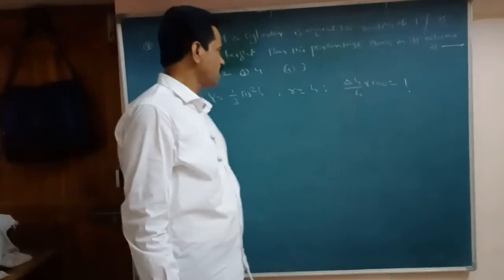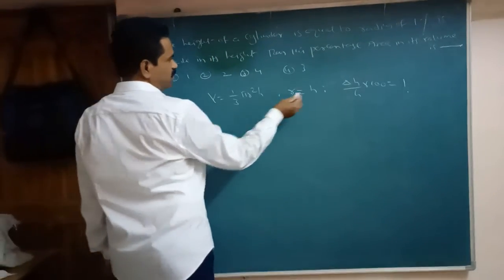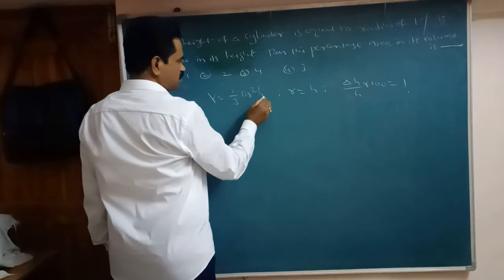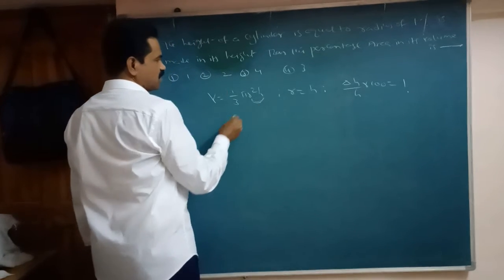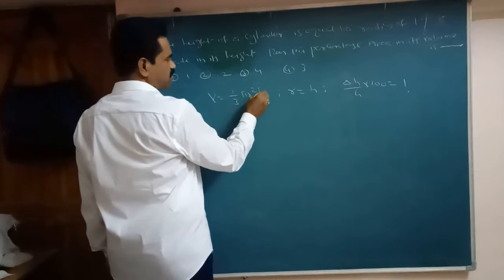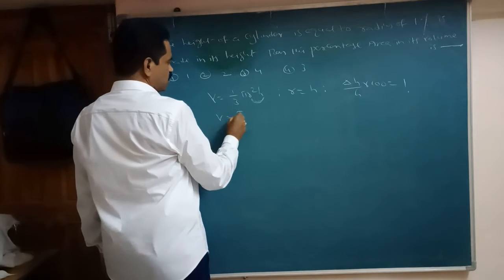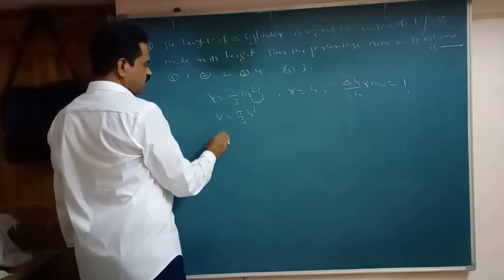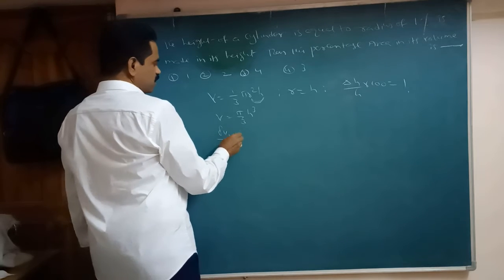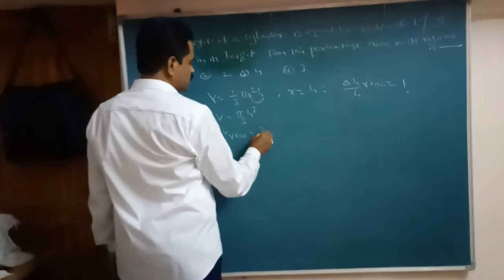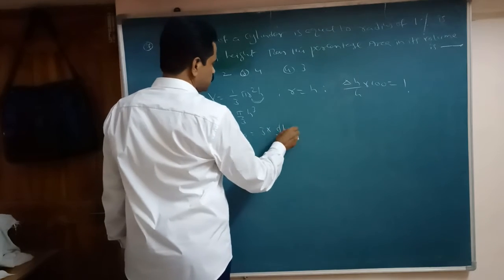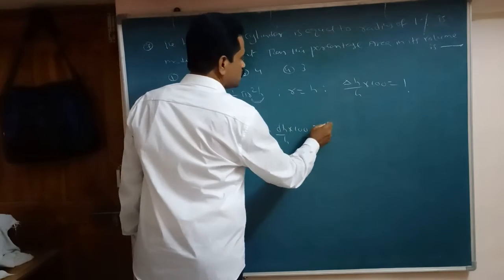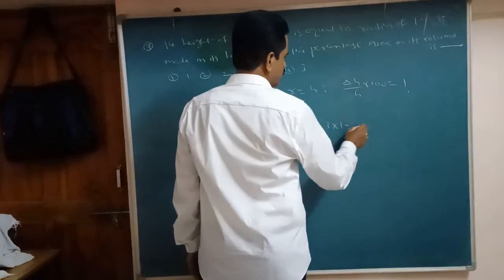Okay, so what have we found out? Percentage error in volume. First it is converted in terms of h, because delta h by h is given. r square, r is h, means h square into h is how much? h cube. That is 1 by 3 pi h cube. So now when we discuss delta V by V into 100 equal to, only the degree you consider here, 3 into delta h by h into 100. 3 into delta h by h into 100 is how much? 1. That is 3.